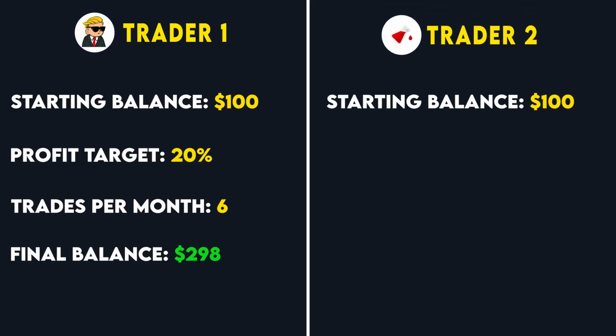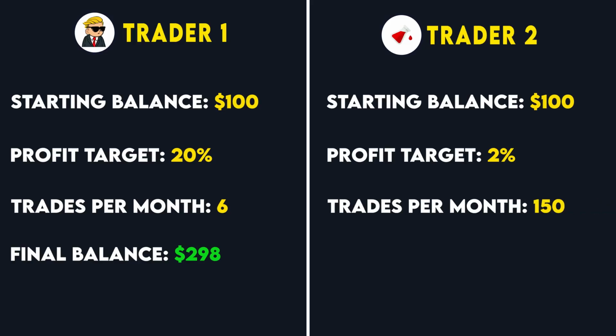We also gave them $100, but we're setting their profit target at 2%. This is not only way less risky, but this trader will be able to complete a lot more trades. So this trader was able to find 150 successful trades per month because the profit target was so much lower and doable. Even though trader 2's profit ratio was 10 times lower, they still made